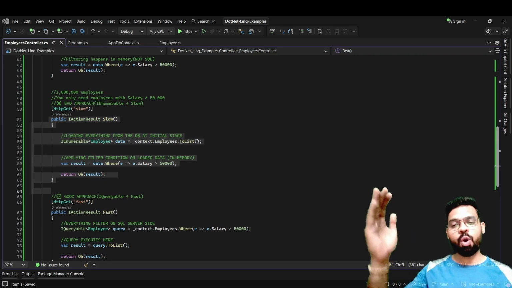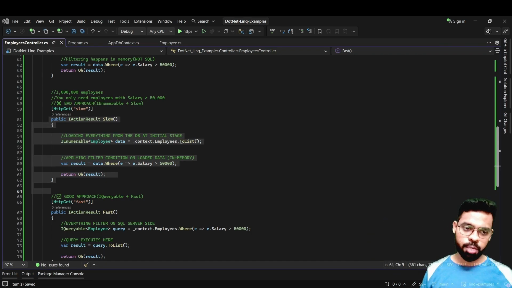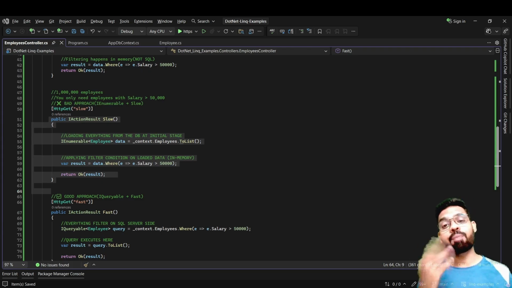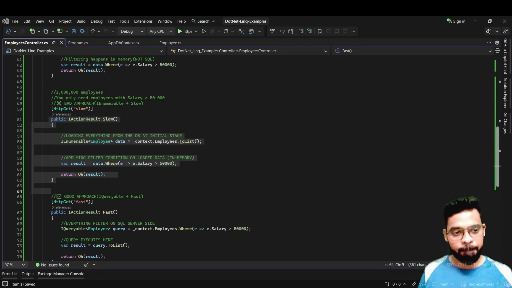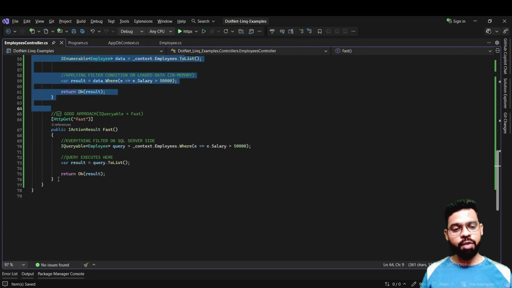Problem is it will load all the 1 lakh or 1 million records into memory. It slows the API response and increases the CPU usage in the app server. After loading into memory, we are applying the filter condition on in-memory data. So if we talk about IQueryable, if we take the same example,